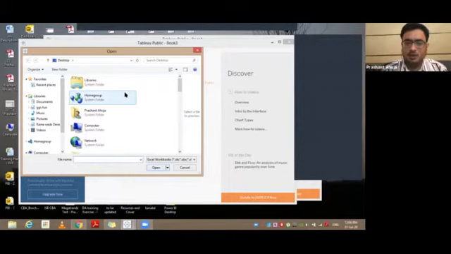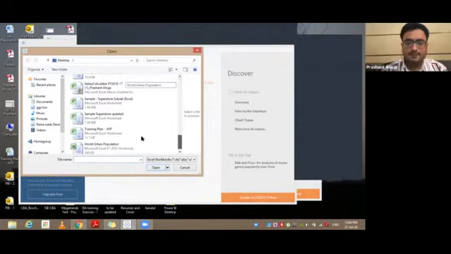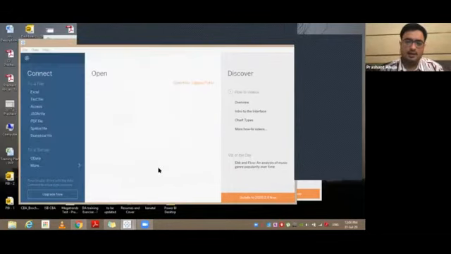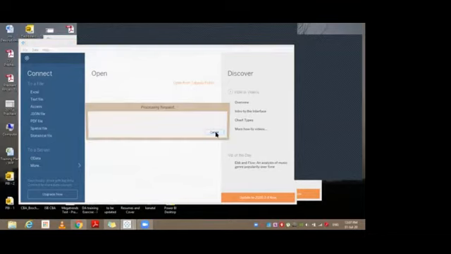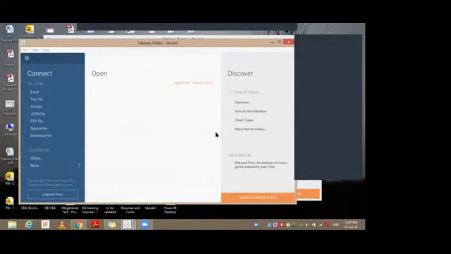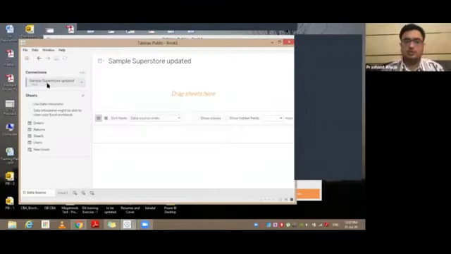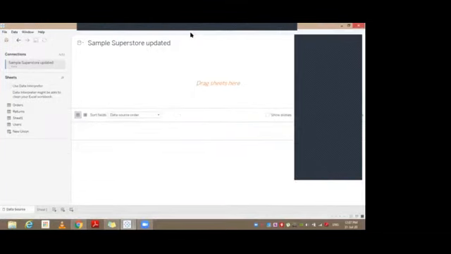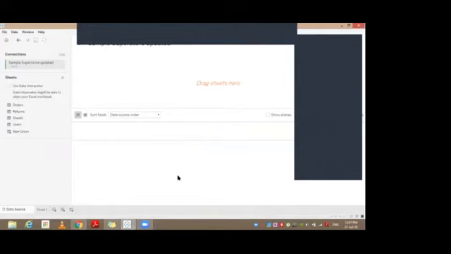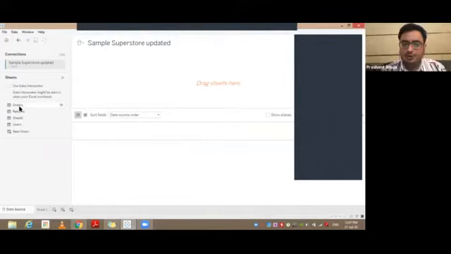Once you connect to an Excel file and open it, there are two databases, sample EU superstore and another one, sample superstore. Which one have you selected? Just choose sample superstore data, and then you would see a screen like this. All you need to do is pick up orders and drag and drop here.